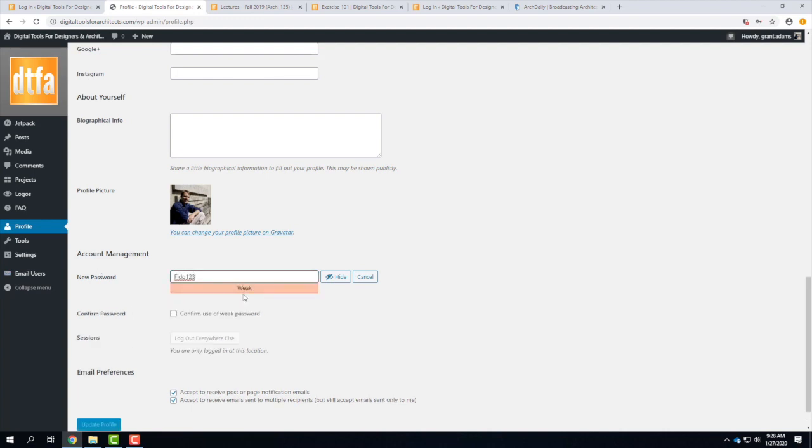Notice that it also throws up that this is a very weak password, and you would have to check the box saying, yes, I want to use a weak password in order to confirm that change. I'm obviously not going to change my password to this, but that would be how you would change your password, and then you would click on Update Profile. So you don't have to have that random string of numbers. Okay? We'll come back to the profile a little bit more in class going forward.